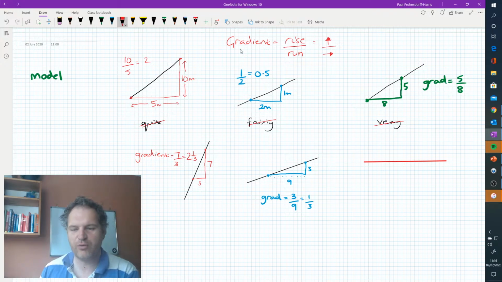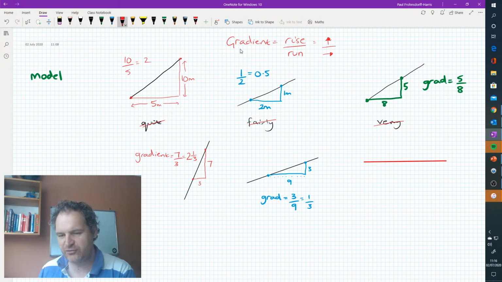But what do we do? Well, the thing is, we can't make a triangle here. It's impossible to make a triangle, because this one goes through the corner, and this one goes through the corner. Effectively, if we did make a triangle, it goes along 1, 2, 3, 4, 5, 6, along 6, and up 0. So the up is 0, and the along is 6. And if we do 0 divided by 6, we get 0. If you divide 0 by anything, you get 0. So this has a gradient